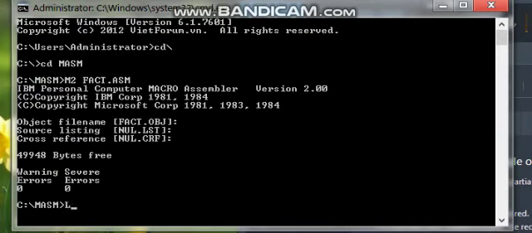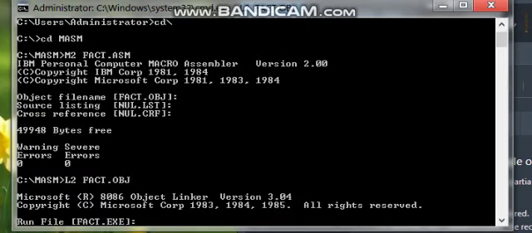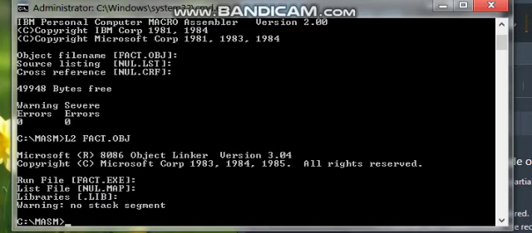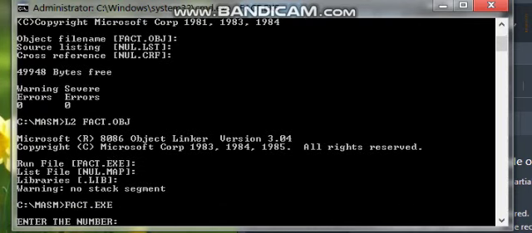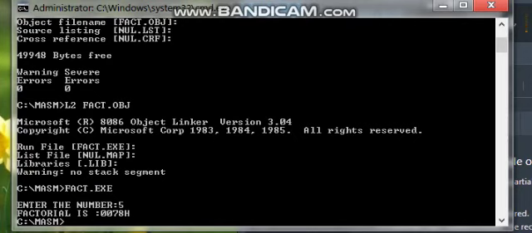The next command is l2, which is used to link fact.obj. Press enter, and the last command is fact.exe. Our input is 5.